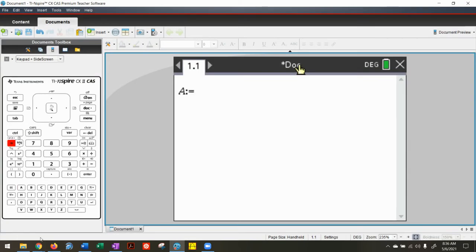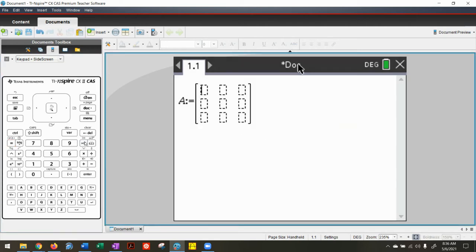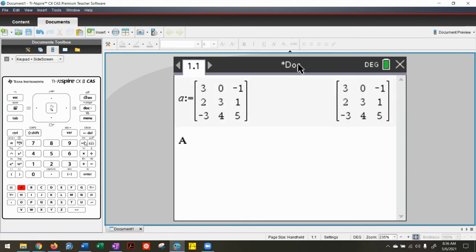I'm going to define the matrix A as it's given in the text. So 3, 0, negative 1, 2, 3, 1, and negative 3, 4, 5. I'm going to take A minus 4 times the 3 by 3 identity. That gives us this matrix. We want to see what are the non-trivial solutions to this. So I'm going to ref